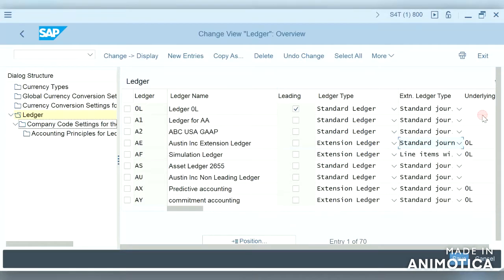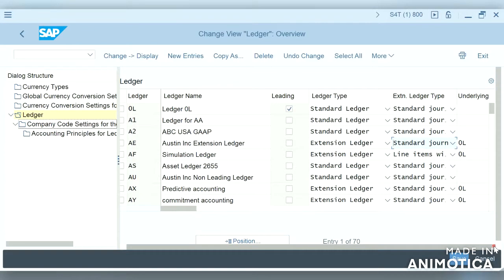So all these things. I think in 1909 the extension ledger types were a little bit different, and they even have simulation, prediction. There were many advanced configurations coming up in new releases.